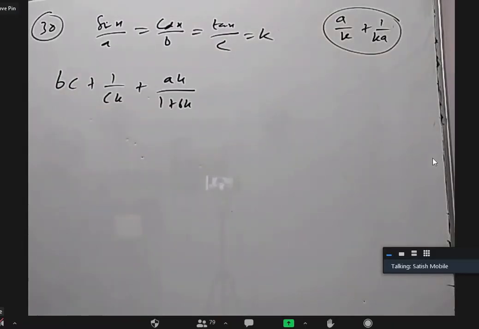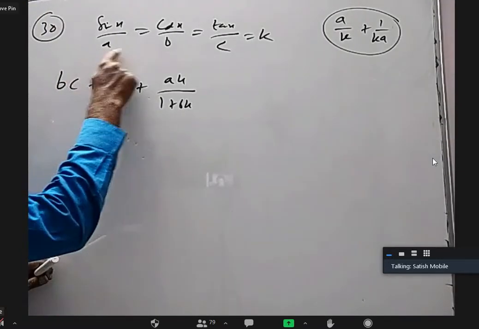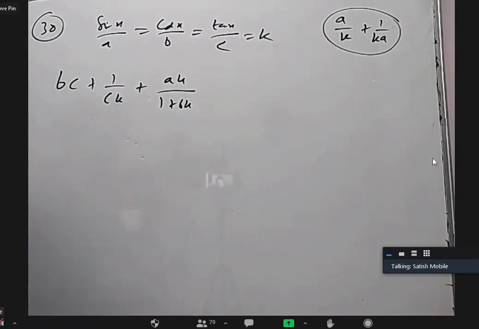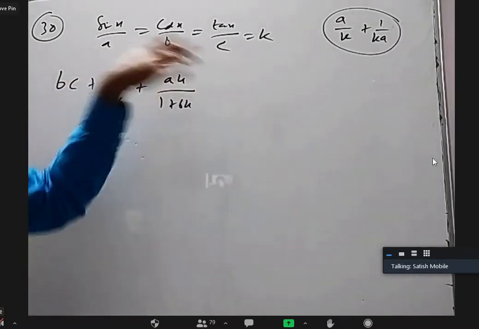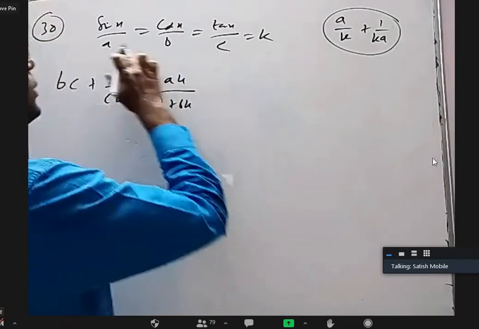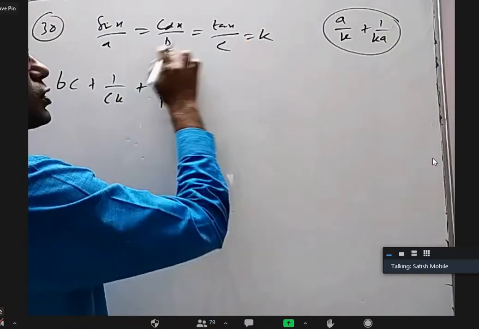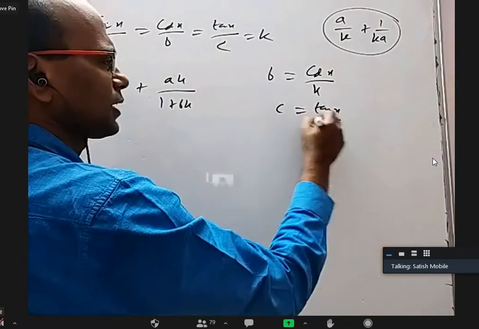Actually, what happens here is somebody can get a different answer. It's quite possible. Why? If we equate these two, I'll get tan x equal to B by A. If I equate these two, I'll get tan x as CK. So the same tan x has different ways of expressing. That means between A, B, CK itself, there is a relation. In fact, between A, B, C themselves, there is a relation. So you can get a different answer, which is not there in the options. So you should be able to find the interrelation, or directly you should be able to find. For example, here I can bring K down if you want. When I equate these two, I can get B is equal to cos x by K, C is equal to tan x by K.